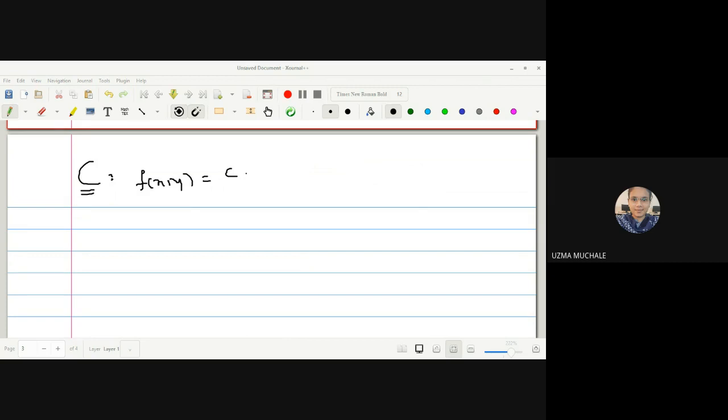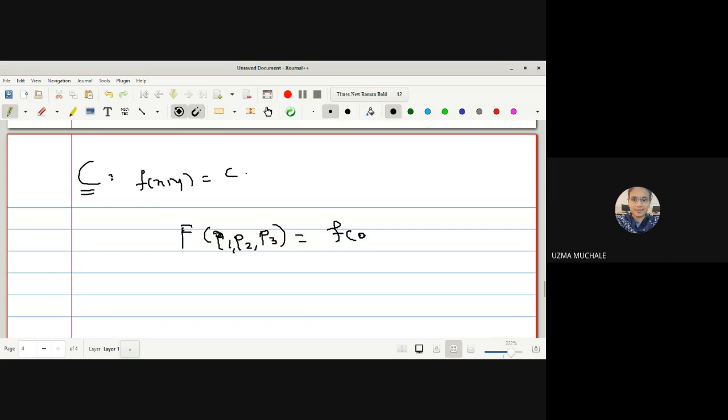Then we can define a function in such a way that, instead of defining a function f, let me define some other function, say capital F of p1 p2 p3 will be equal to f of p1 p2, correct? Why is this so? Because we can see that capital F is a function on E3 which is defined by F of P1 P2 P3 equals simply